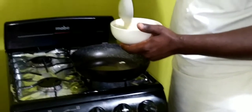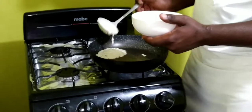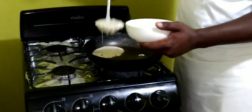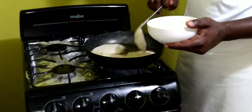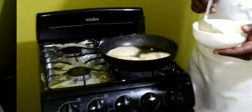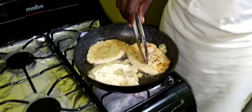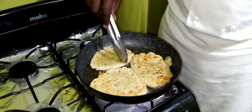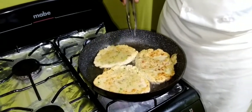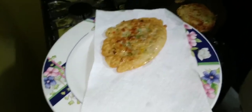Now this is the saltfish fritters. So you stir it a bit, you take a scoop, scoop it in. So yes guys, this is the saltfish fritters. We're turning. Oh, nice. Oh, perfect fritters, guys. Perfect, nice texture. You put them on